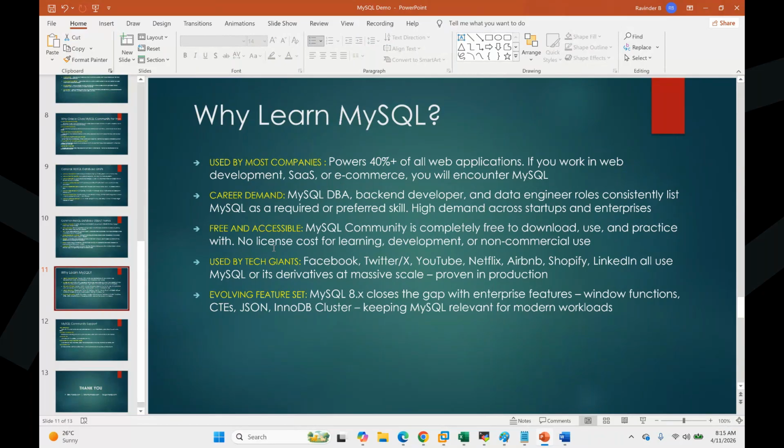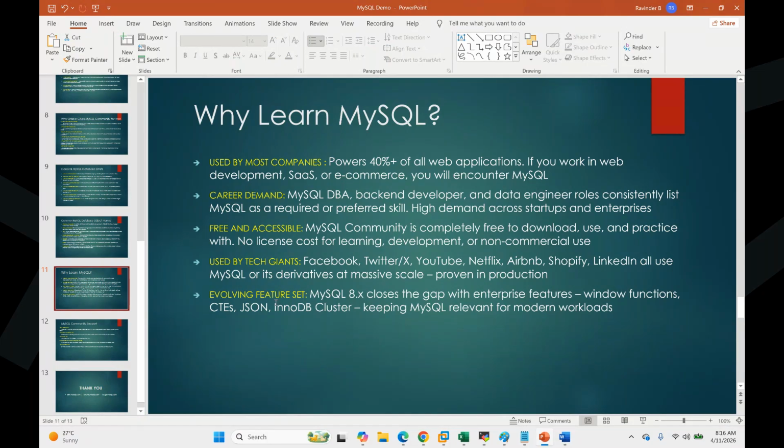Free, right? It's open source. One good driving factor for the product to grow in the market is that it's free and open source, and it is used by many bigger companies: Facebook, Twitter, YouTube. All these companies are using it for web application purposes. In fact, all these companies are customers of MySQL. So if such big companies are implementing it, you have the opportunity to go to such big companies also, and grab the opportunity.